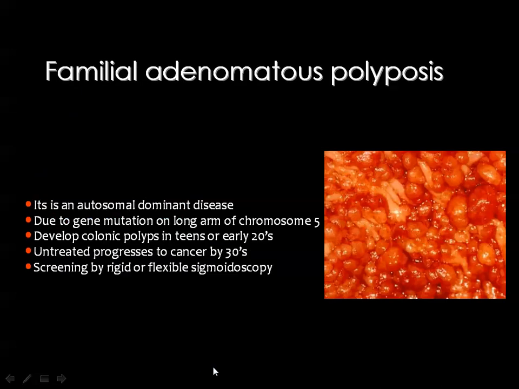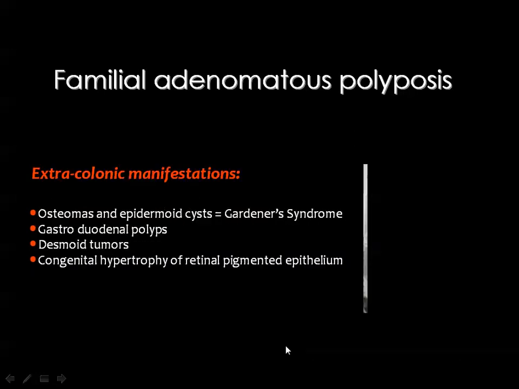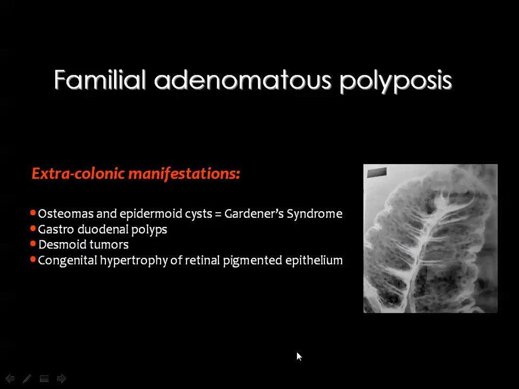Familial polyposis is an autosomal dominant disease, and in this disease there are too many polyps in the colon at early ages, like the teens and early 20s. And this familial polyposis is a precancerous condition with 100% risk of malignancy by the age of 30 years. Then if you look at the colon and you see too many polyps scattered throughout the colon,